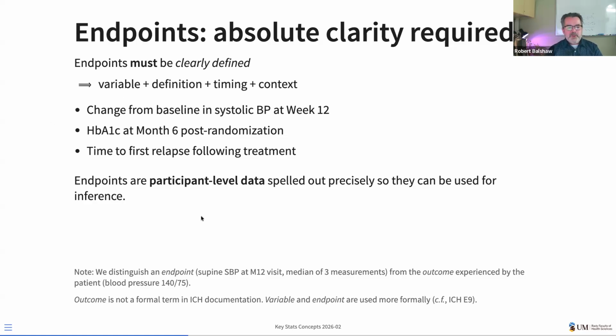And we want to sort of distinguish an endpoint from the outcome. For years, I've been trying to sort out, when I'm helping people write up their protocols and their proposals and their stats plans, what's the endpoint? What's an objective? Sorry, what's an outcome? What's an endpoint? What's a measurement? What's a variable? And the language of the ICH documents is pretty clear about the idea that the endpoint is the thing that's being measured with all of these details assessed.